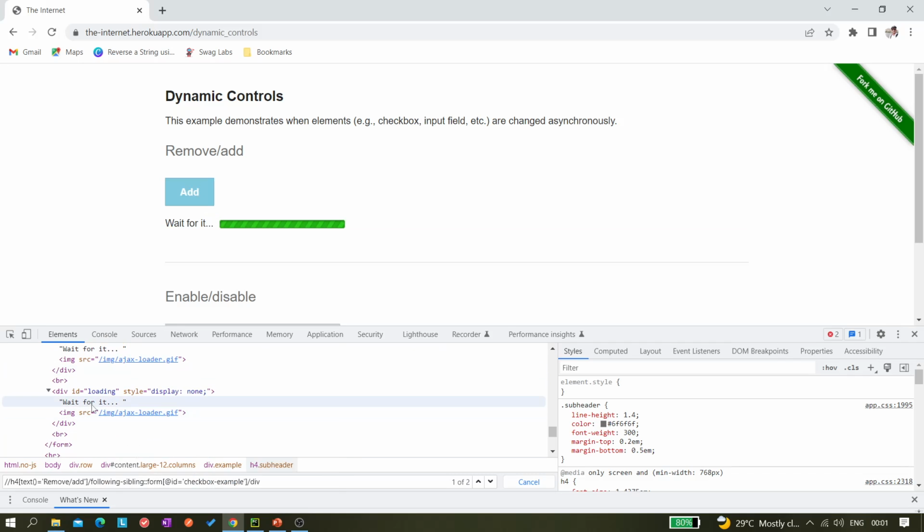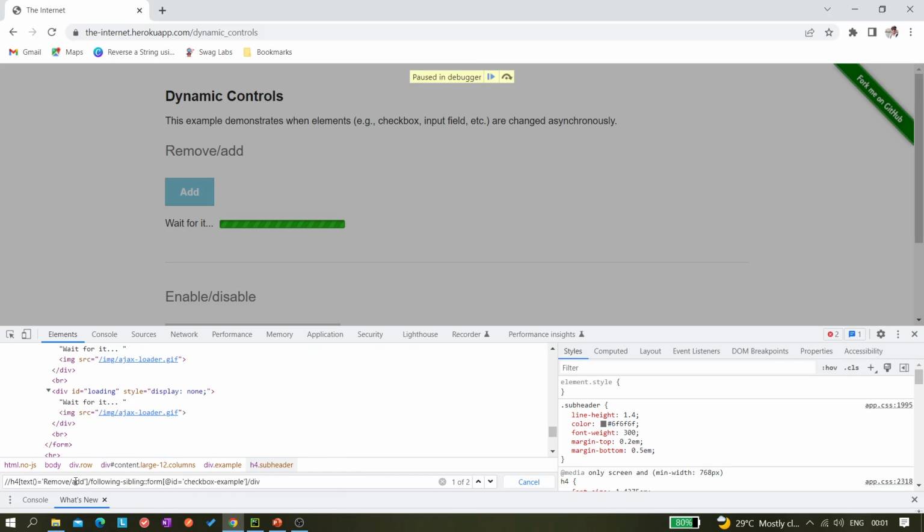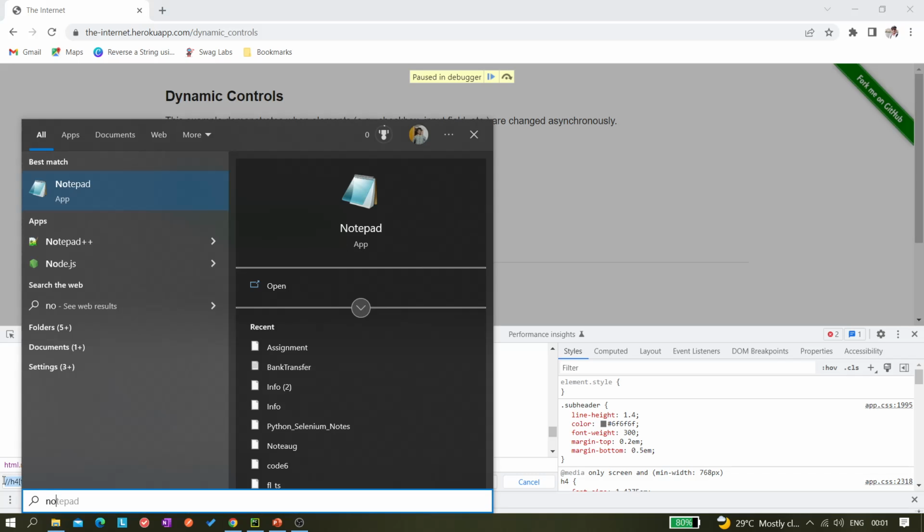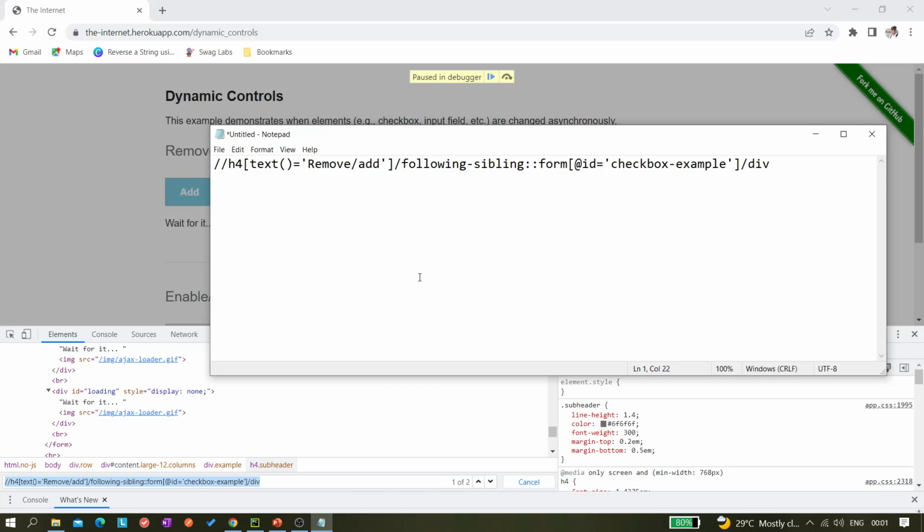Okay, so actually there are two things. So what we can do now, we don't have to do anything, but we can just copy this somewhere. We can use some notepad and paste it. So we can just simply use this part